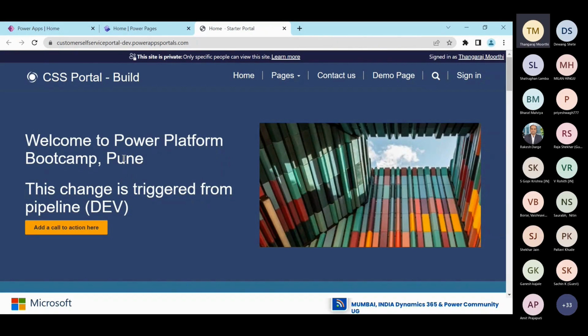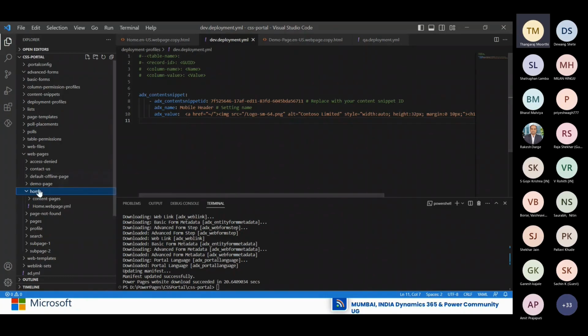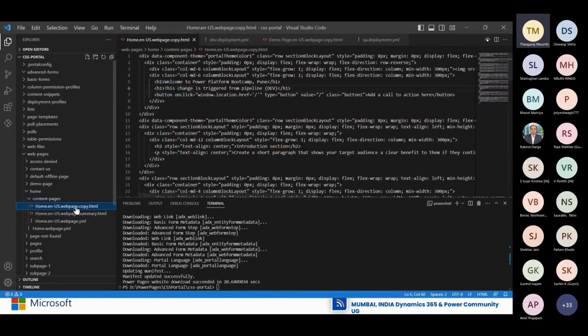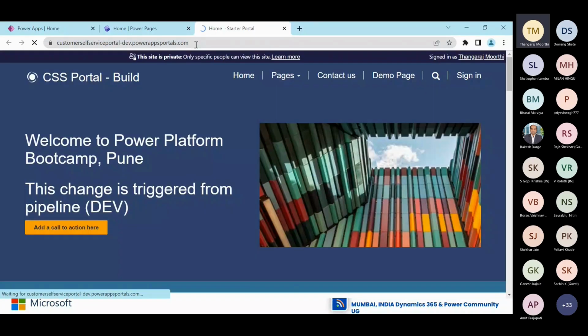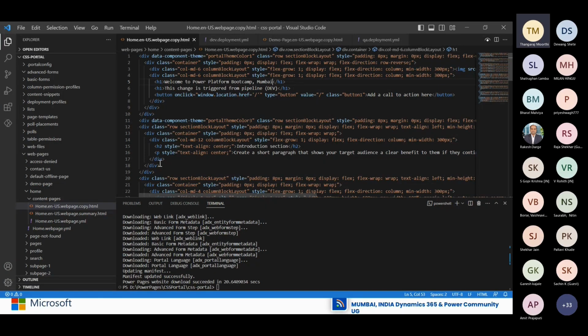So I will go back to Visual Studio Code. I'll go to home page, then to content, which is my HTML. I'll change it to Mumbai and save this. The moment I save it, it still stays in my local, so if I come back here and hit refresh, it does nothing because you have not uploaded it back to the table, correct? So what we do, we just execute the upload command, PAC PA portal